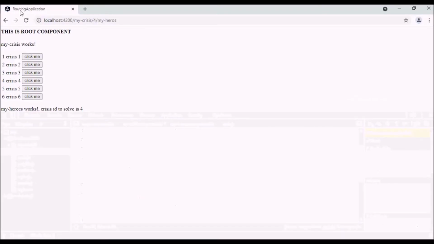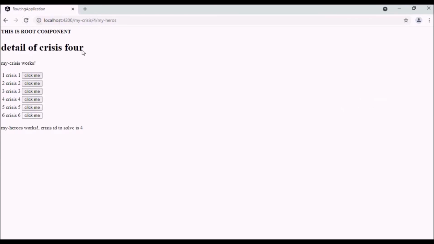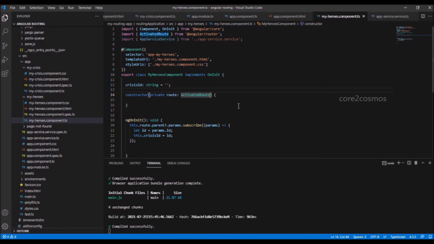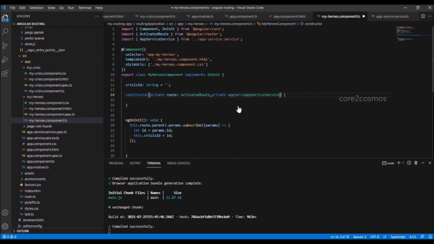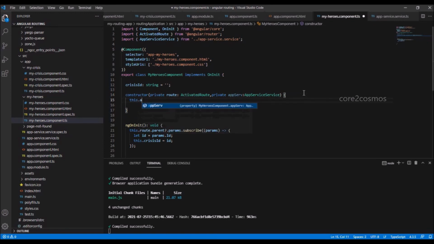Now I run the application in the Chrome browser and check if I have passed the detail to the app component. When I click on the crisis record, I can see the details getting displayed in the app component. Let us now subscribe to the detail in myheroes component. In the myheroes.component.ts file at line number 14, in the constructor, I inject the app service.